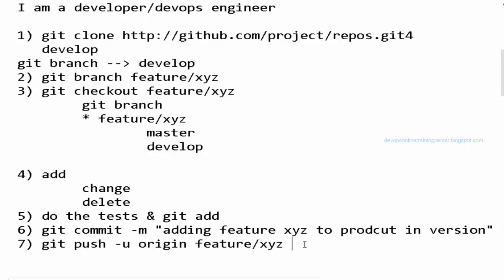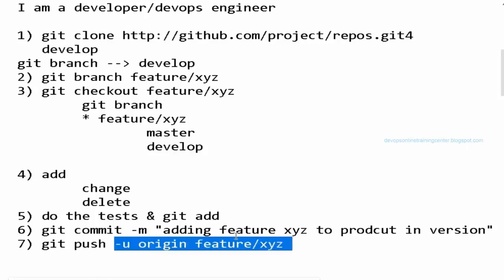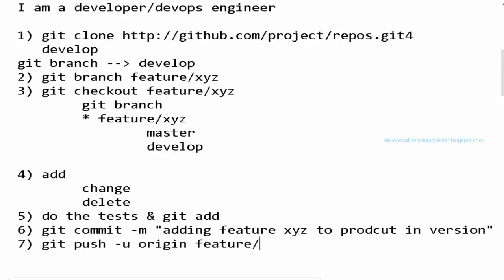Something like we need to tell GitHub, I created a local branch on my laptop, please also create a remote branch under develop branch. So that is feature XYZ. For the next time, you don't have to do all these things. You can simply git push, because it knows that you are working on feature XYZ. It will simply push it to the feature XYZ. This is optional. You can give it or leave it, but for the first time it is mandatory, just to create the remote branch on GitHub.